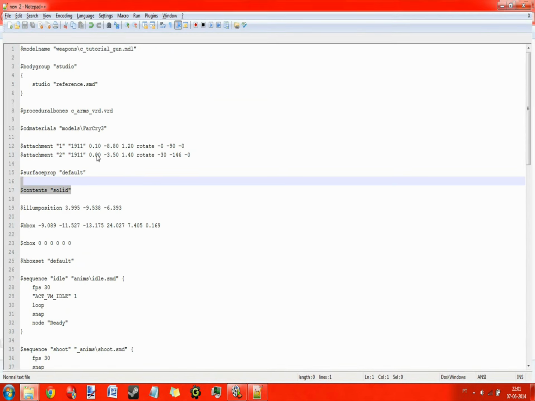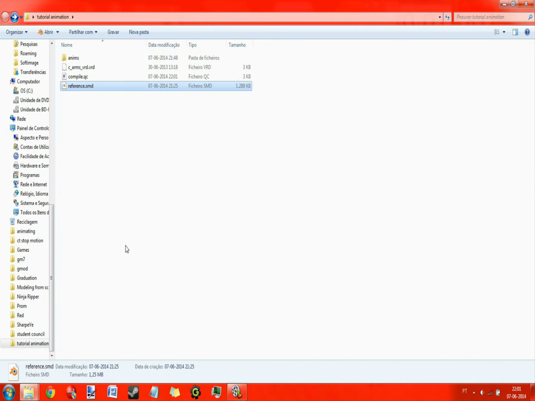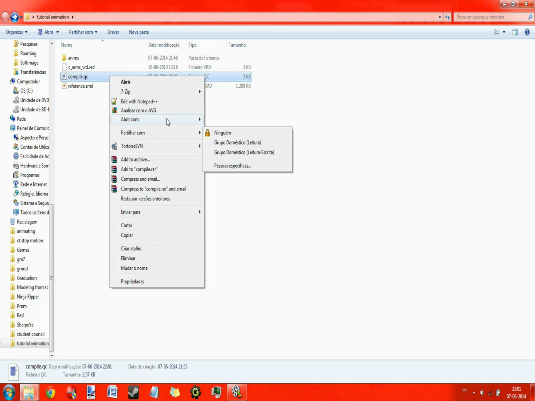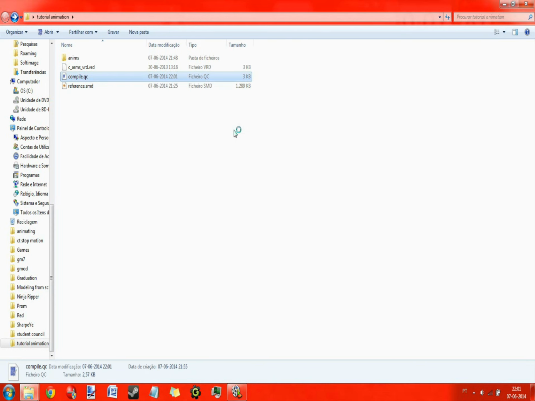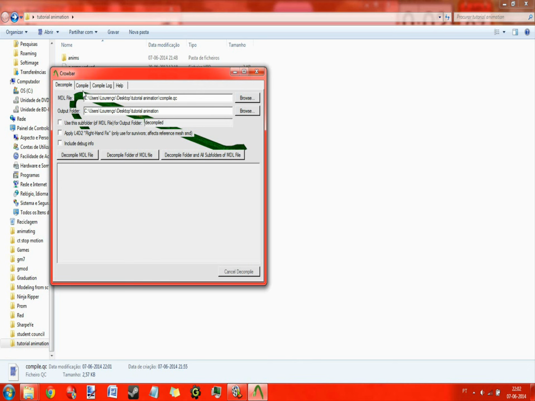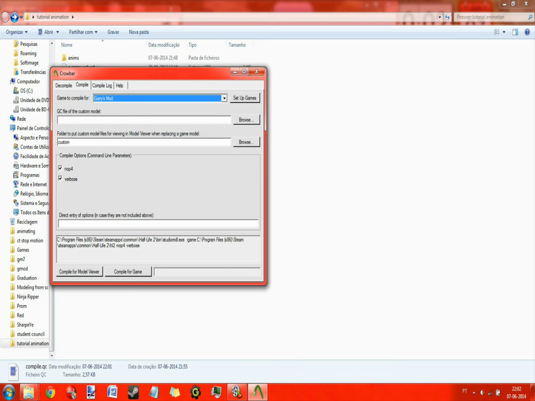So now I'm going to close this. Now you can use Crowbar, which is the most famous tool out there, because it can both compile and decompile models. I usually use StudioCompile GUI, but it all depends on your taste. So here is the Crowbar program,